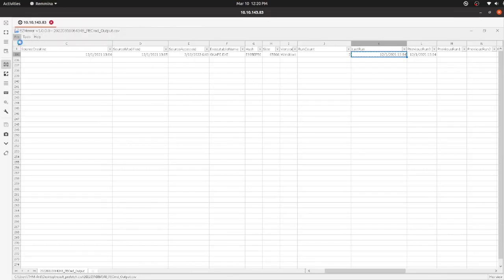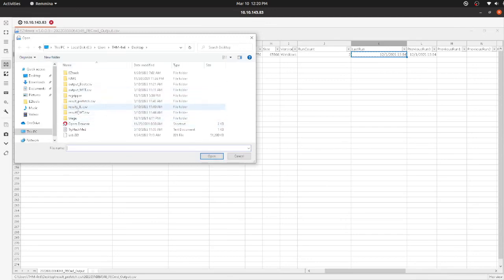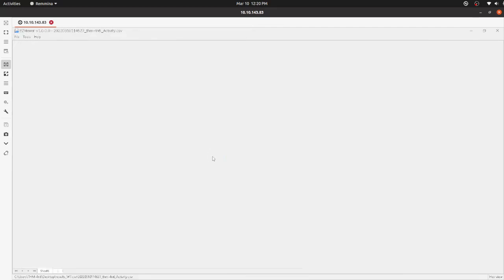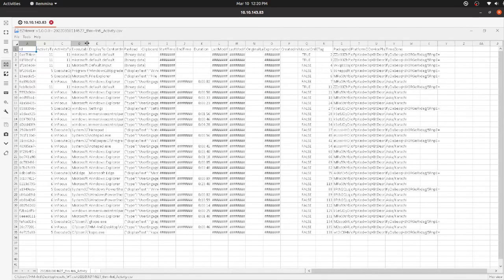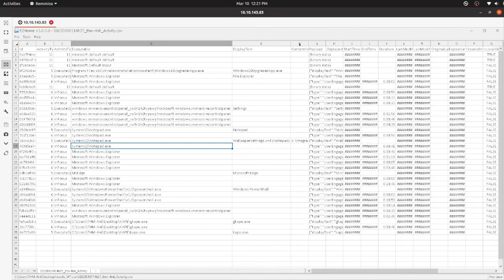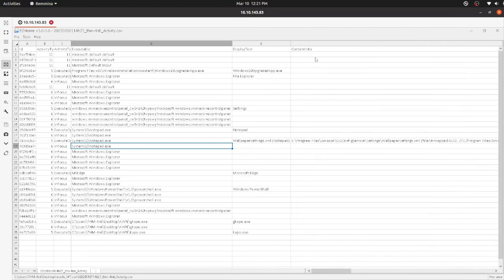And once again, opening it, Windows timeline, and here is the file. Now I opened it. I can see the Microsoft, I can see the notepad.exe file, and this is where I need to look.